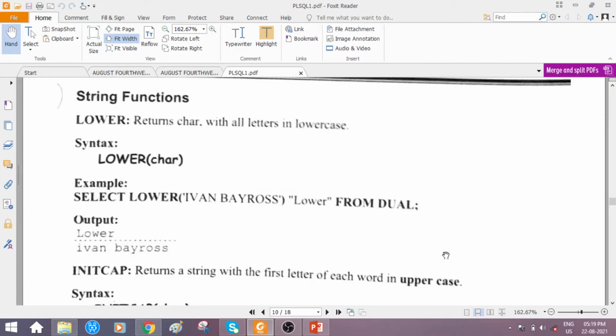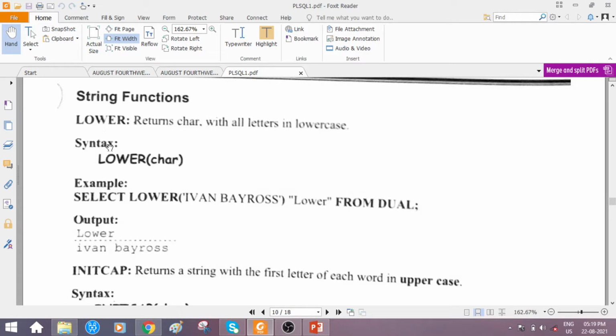Well, students, let us begin with the available string functions and how we apply those in our SQL table. In the queries, you are all familiar with the lower or upper functions in string, right? So what is the purpose of having such a name? Yes, it returns characters with all letters in lowercase. Suppose the given string is in uppercase and you want to convert that into lowercase, then we can make use of which function?